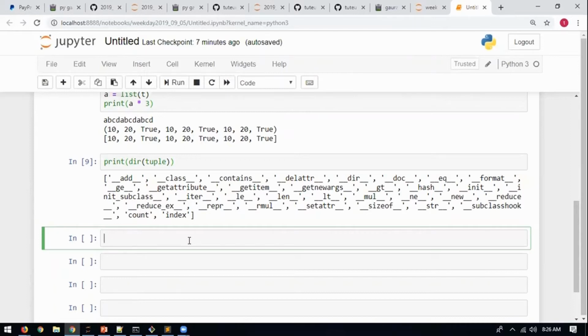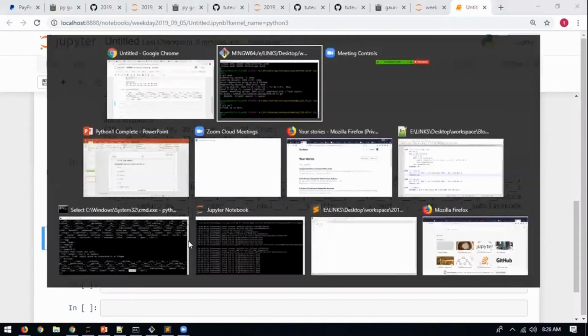Whatever code is written there, what is a function? A function is just a piece of code. When you call it, the system goes to where that code is present or written. It executes it. Once it is finished, it comes back to where you had called it. That's it. Fine. So a function is nothing but a named piece of code, a piece of code that has a name.